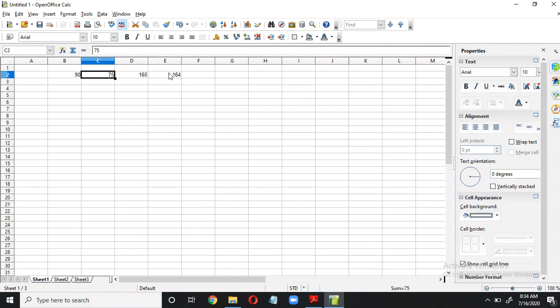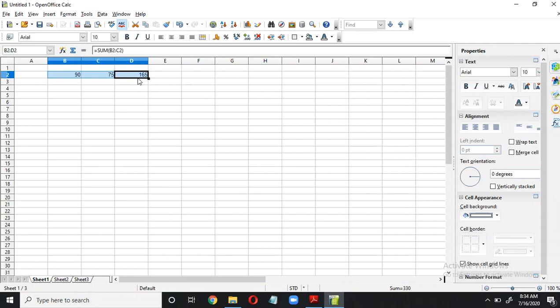But on the other side, we will look into this formula. Here we have taken the numbers 89 and 75, and the sum is wrong. Now why? Because the number has changed from 89 to 90, but the total is a mistake. Why? Because in the formula I have written the number directly. If I have so many students and by mistake I have changed one number here, I have to change the number in the formula also and then do the sum again. So it's a problematic thing. We do not need to take the number, we always need to take the cell address.